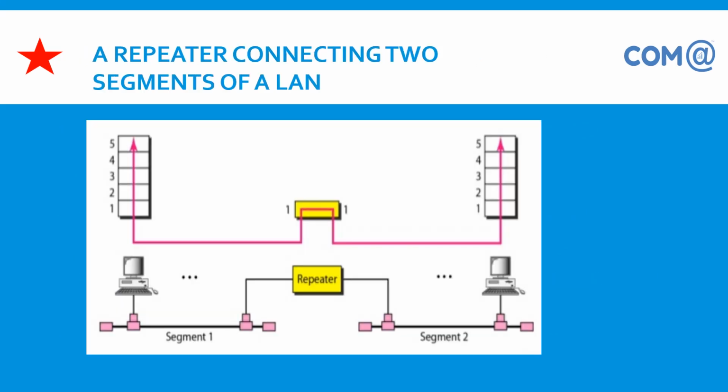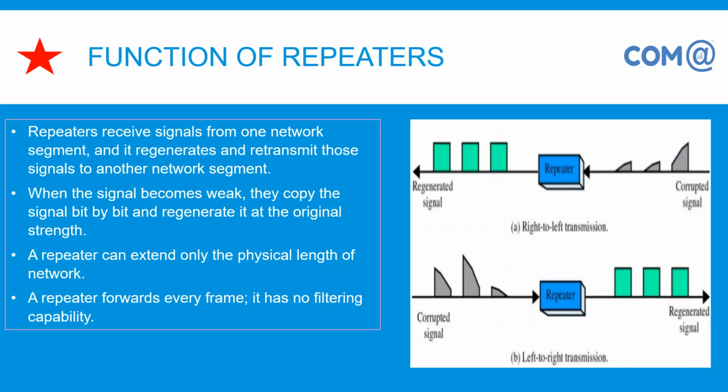This is how the repeater is connected to connect two different segments. Functions of a repeater: when the signal is corrupted, with the help of a small intelligence available, it will regenerate the signal and give a good signal to the destination, to the other